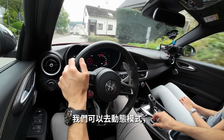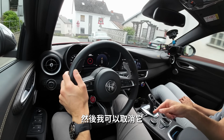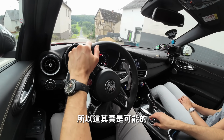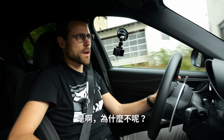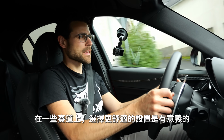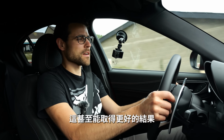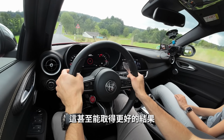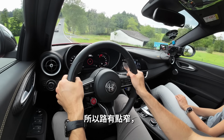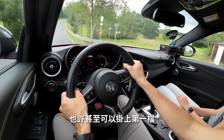We could go to the dynamic mode, then the stiff suspension is set, but then I can deselect it and go for a little bit more relaxed setup, so that is actually possible. And why not? I mean, as I said earlier, on some racetracks even, it can make sense to go for the more comfortable setup to have actually better results. So we let this truck pass there, because the road is a little bit narrow. Then we can always shift back ourselves, maybe even here to first gear, and then